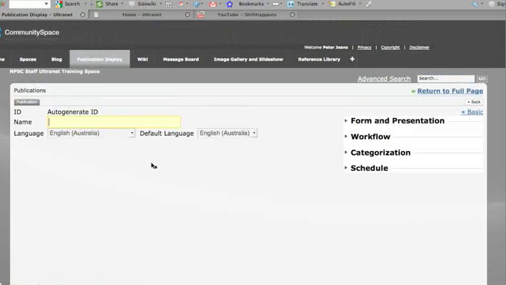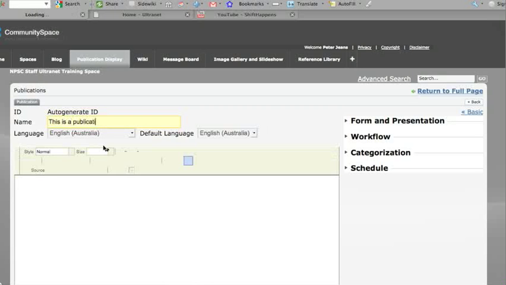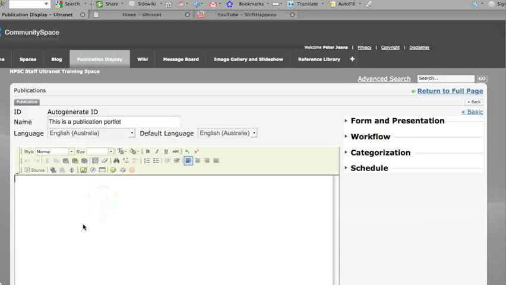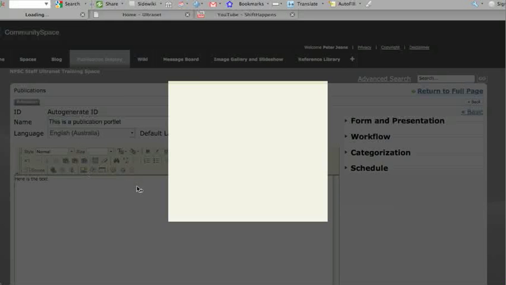Now the publication can be all sorts of things. I'm just going to start with adding some text. This is a publication portlet. A bit slow here. Portlet. And here is the text. You can add images. As I said, you can paste, copy images, insert files. I'm going to insert a picture here, so I'll click on that and it'll bring up a dialog